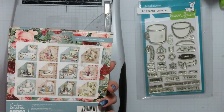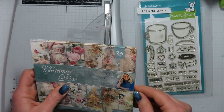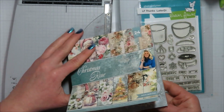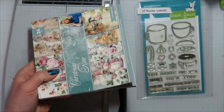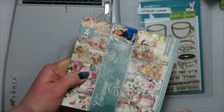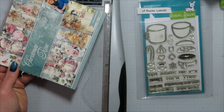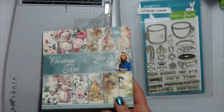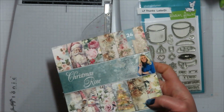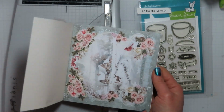It was a freebie, I think probably from scrapbook.com last year maybe, or even the year before, and so it's definitely not my normal cup of tea. It's girly and, well, not cutesy, more girly and shabby chic color wise. I like the colors, it's just not patterns, it's florals. If you've heard me talk about florals, they're just not my thing. I'm not a flower girl, but I wouldn't have grabbed this one